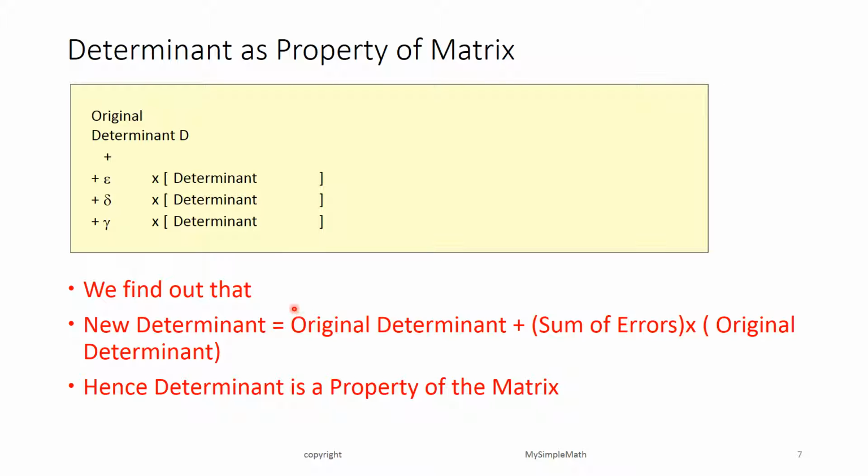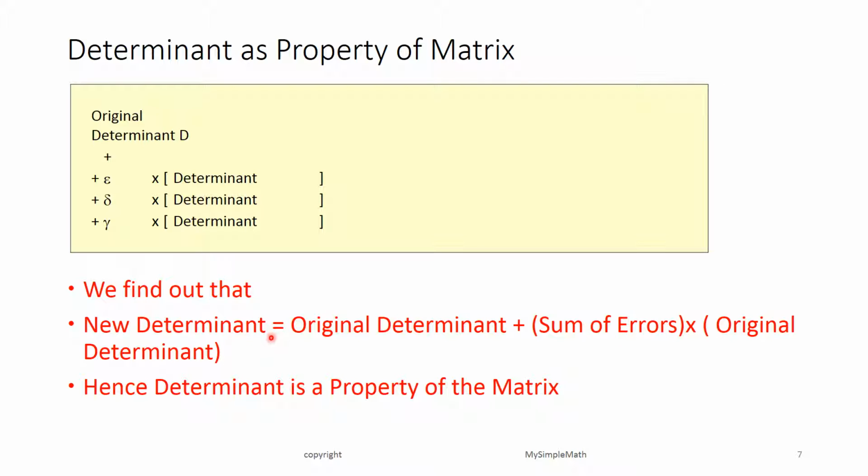So the change in the system brought about could be expressed in terms of the original determinant, and the sum of the errors also could be effected on the original determinant by multiplying them, here it's completely multiplication, by multiplying them,